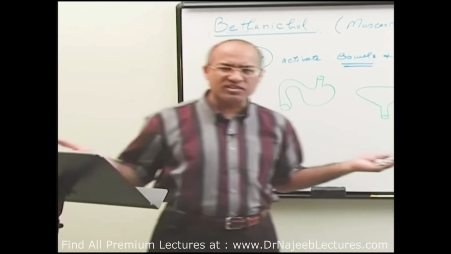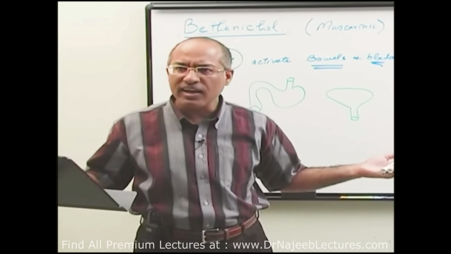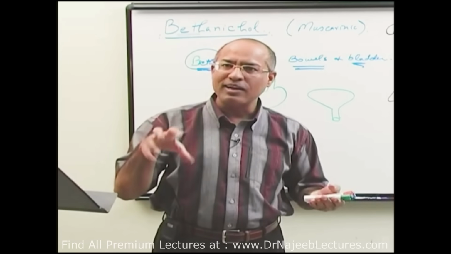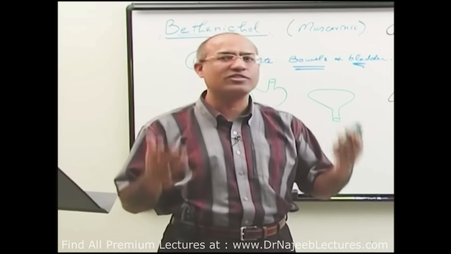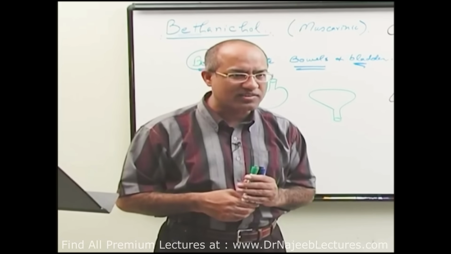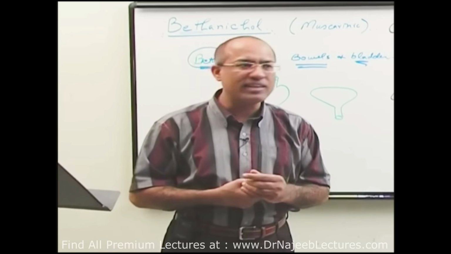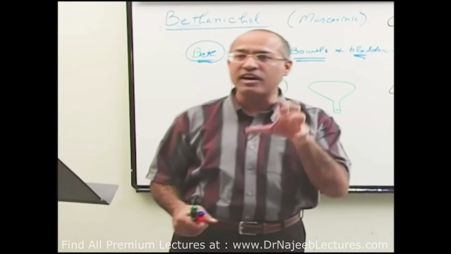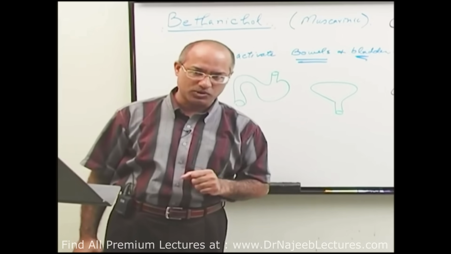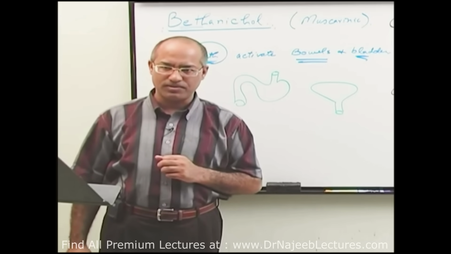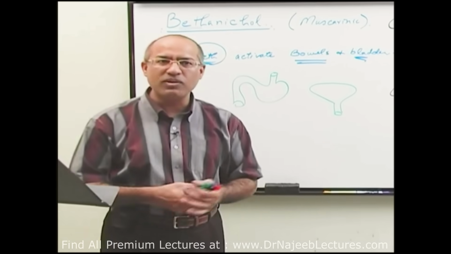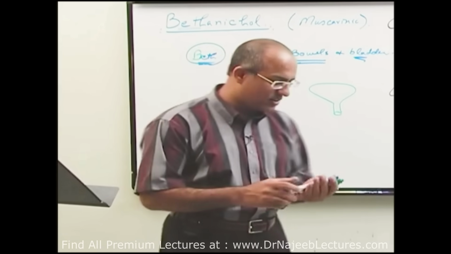Now what should be its uses? Very easy to understand. This drug can be used when the bladder is not contracting properly or when the gastrointestinal system is not contracting properly. That's so simple. You don't need to be a genius to answer this. This drug will be used when there is a hypoactive GIT and a hypoactive urinary bladder. Is that right? But make sure there should not be any obstruction. Before I tell you the indication, I should tell you the contraindication. If someone has urinary retention, right?